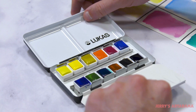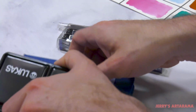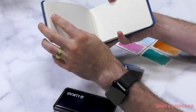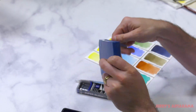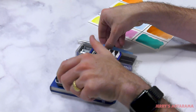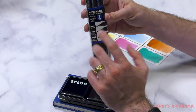So this is a very small convenient set, and I'm going to just put a kit together with this set, one of our small Aqua Reflections journals. You know, it has a nice cold pressed paper, pocket in the back, use it for journaling, whatever you collect along the way. This little box right here, an Aquastroke Go water brush pen, and this set of 3 super